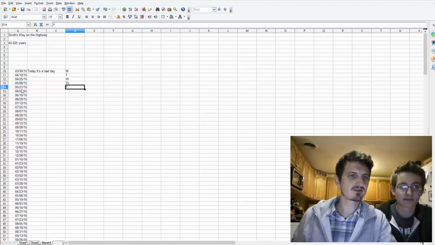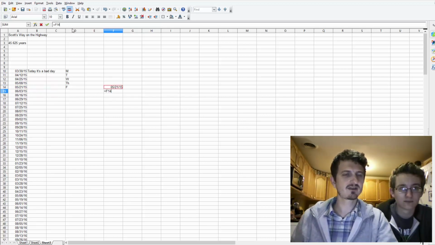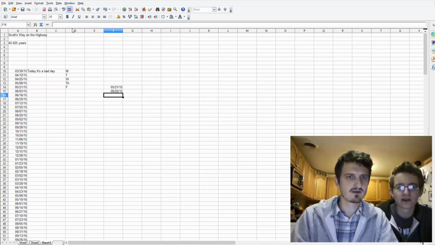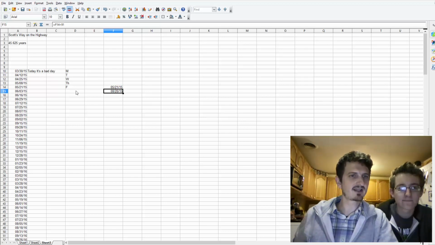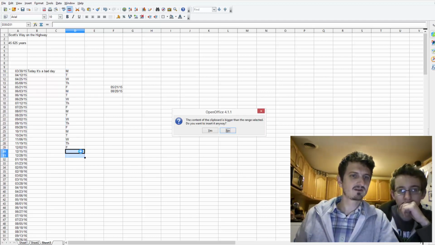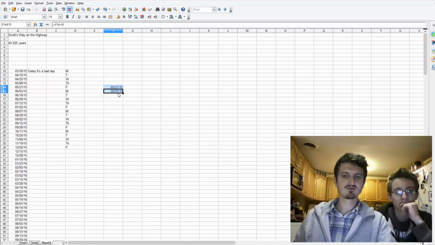So let's try this though. So this is the first one. So I need to do equals this cell, and then equals this cell plus 13. No, plus 91. Why 91 exactly? Because that's going to be the next time the Friday is on. Oh yeah, we figured that out. So this is a bad day. Wait. No. We need to find his first bad day on a Friday. So that's every 13 days. So first we need to find out. So we know that his first bad day should be 91 days.